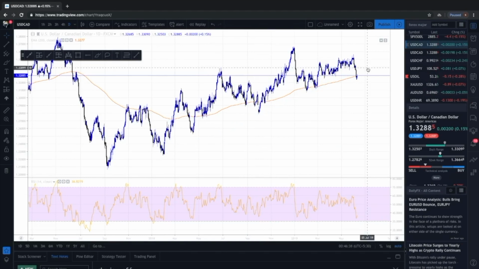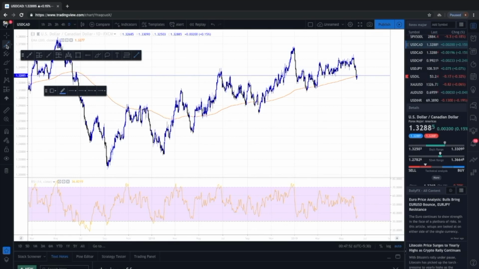What is a trend line? In very simple terms, a trend line is a tool which traders use to find the direction of the market. It is basically a line which you can find in any platform you are using. Like I am using TradingView, so you can see this tool over here. This is called a trend line. A trend line is drawn by connecting the swing highs or the swing lows to find the exact direction of the trend.